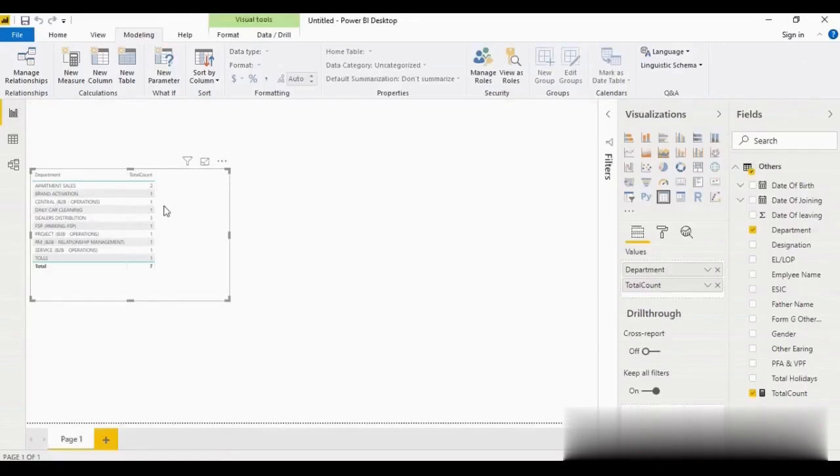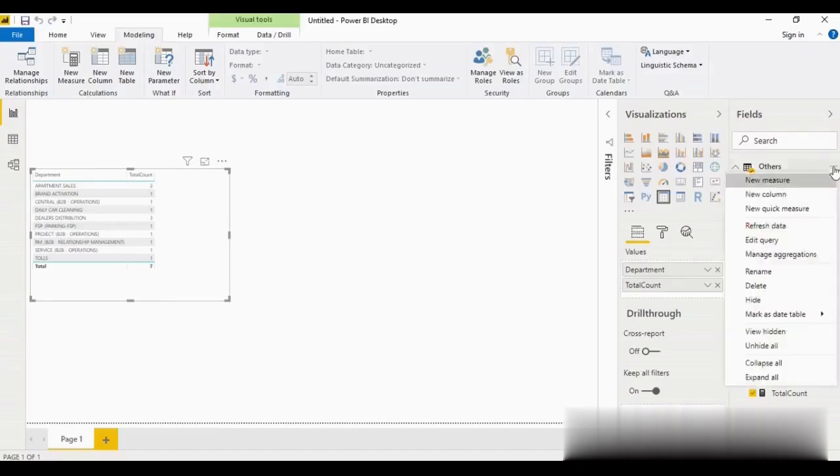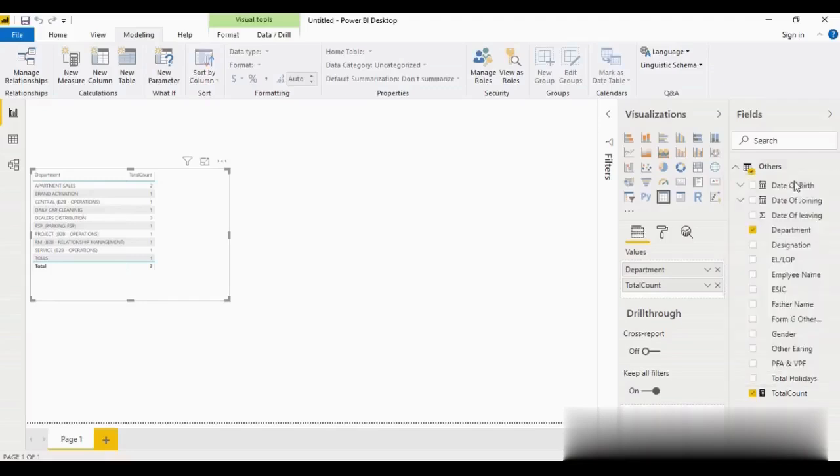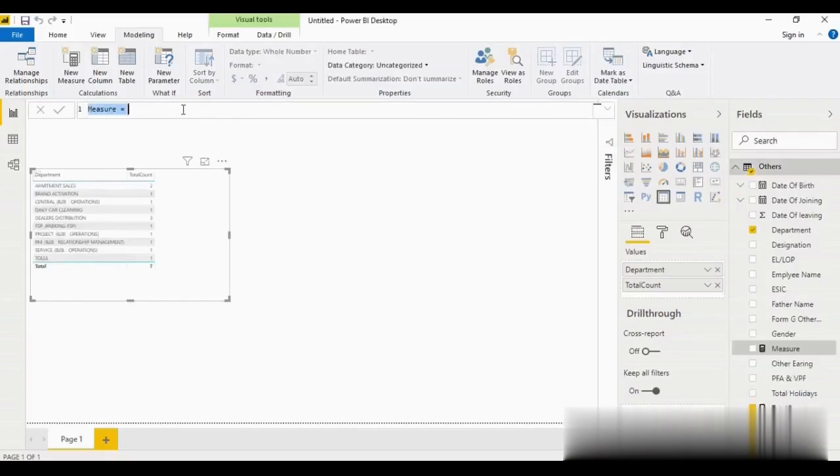The second step is we need to add one column that calculates the previous year total count. So how can I get the previous year total count? Create a measure. Type here last year count,